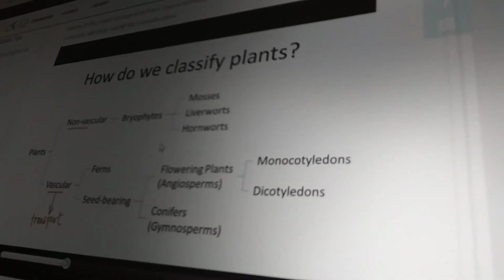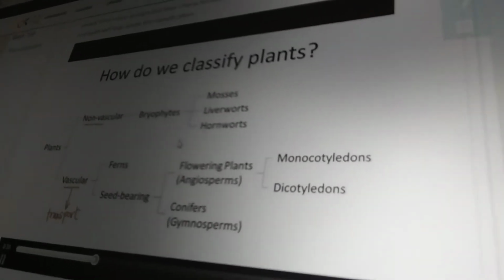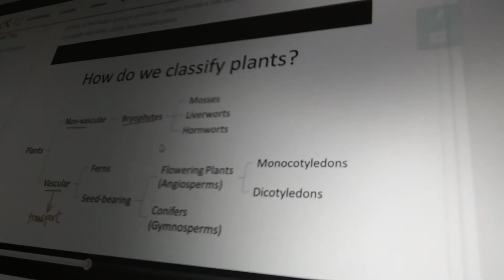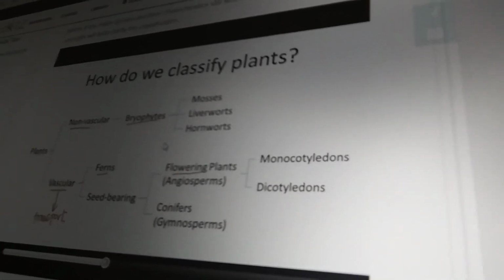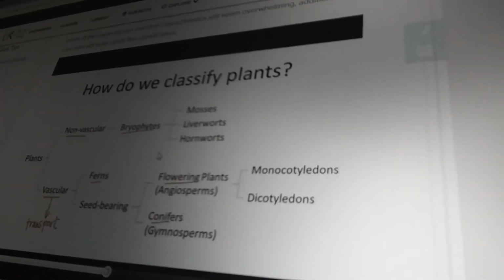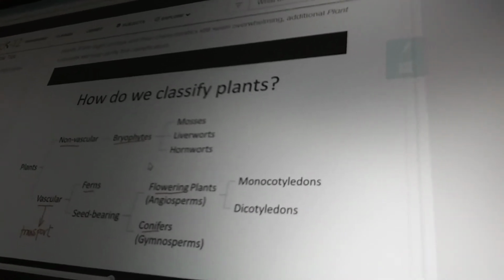So this chart is a little simplified because it only includes the plants that we'll be examining more closely, and you can see that bryophytes are the only non-vascular plants that we'll be learning about, whereas ferns, flowering plants, and conifers are vascular plants. So that means bryophytes do not have vascular tissue, ferns, flowering plants, conifers do have vascular